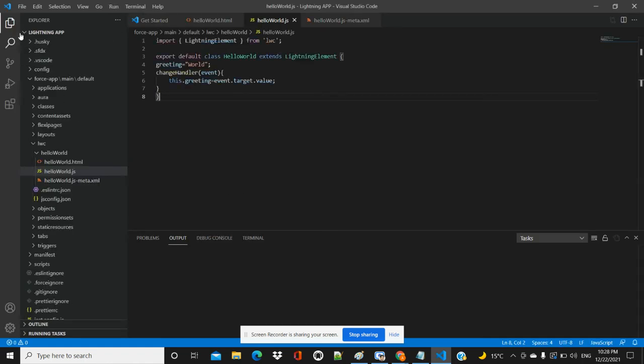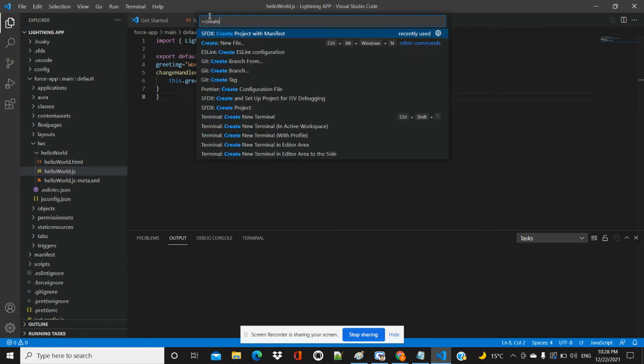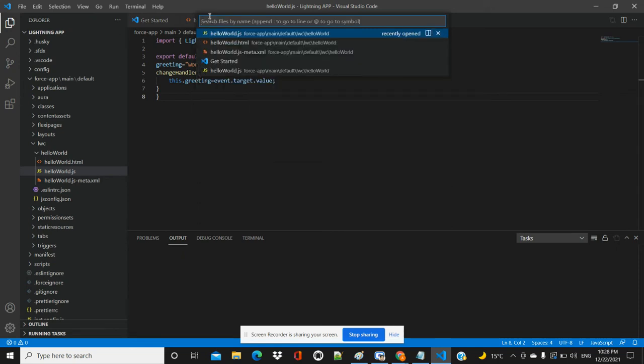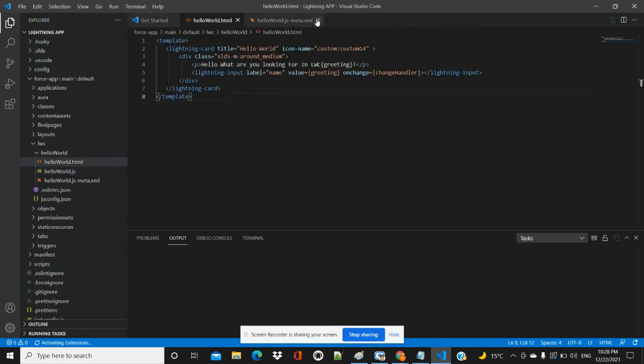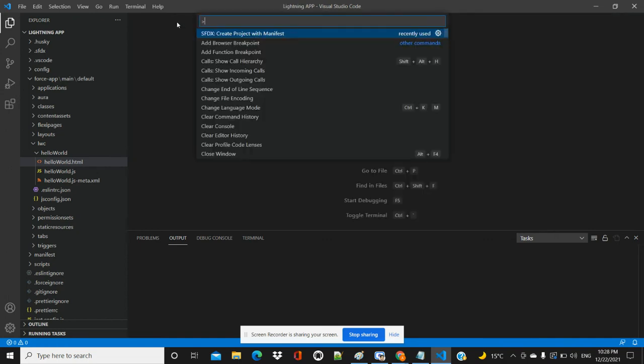Here you are able to see these things. If we type Control Shift P here, we get the options. Give me 1 second. We have already created this, right?